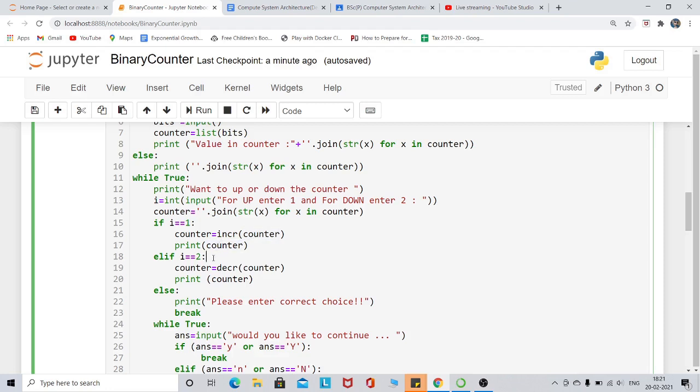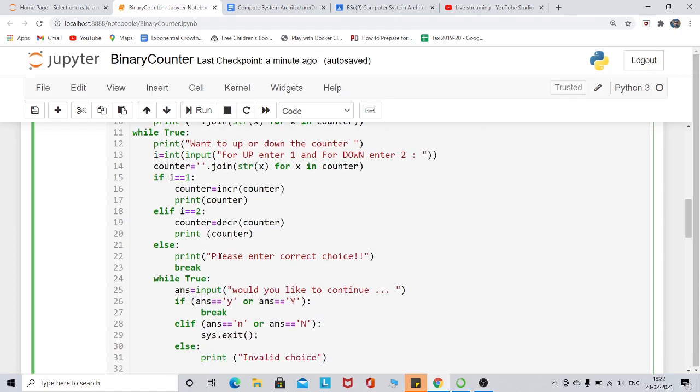If the input is 2, I will decrement the counter and print the result. If the user inputs anything else, then in that case I would print please enter correct choice and then break.